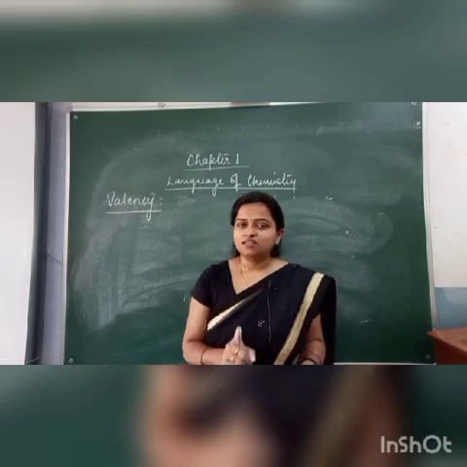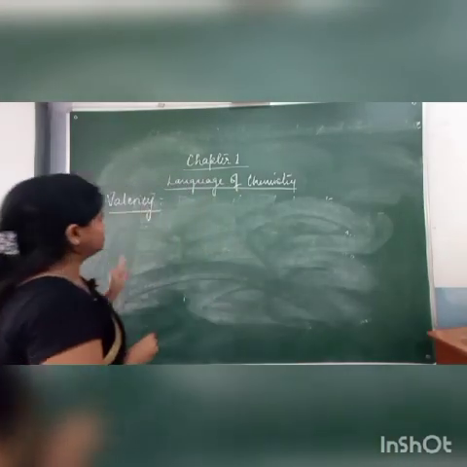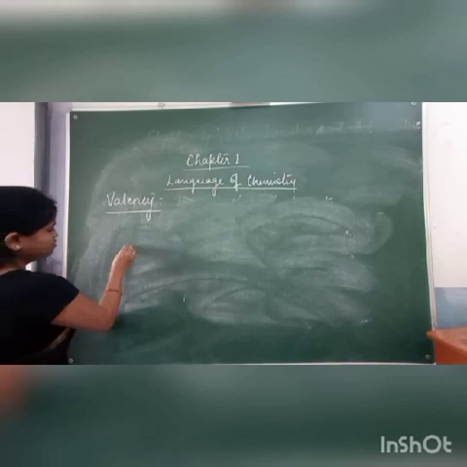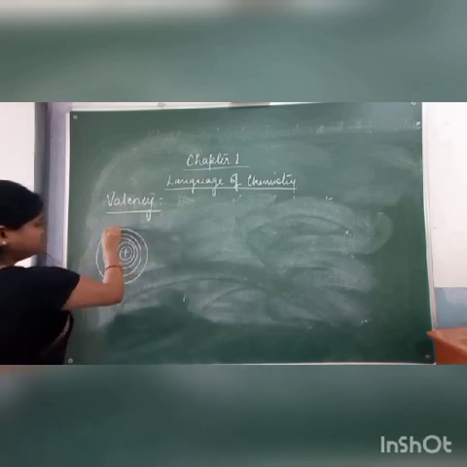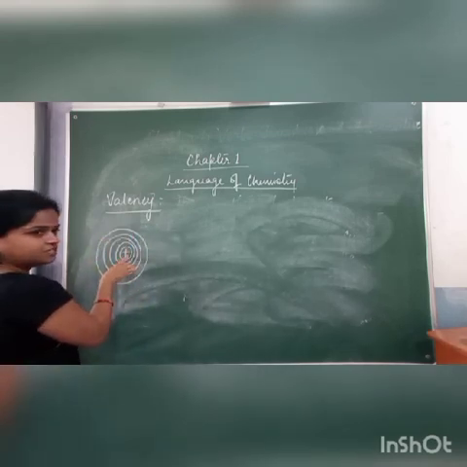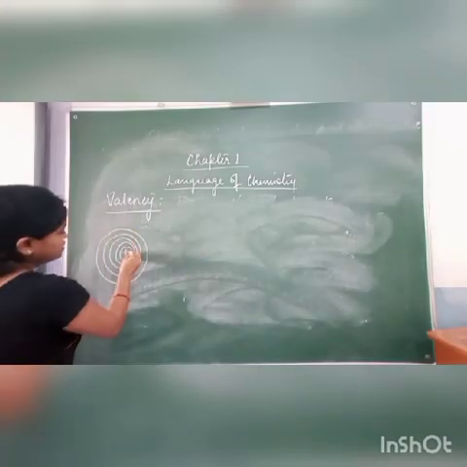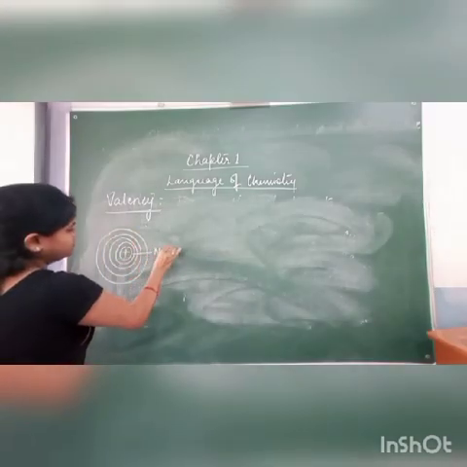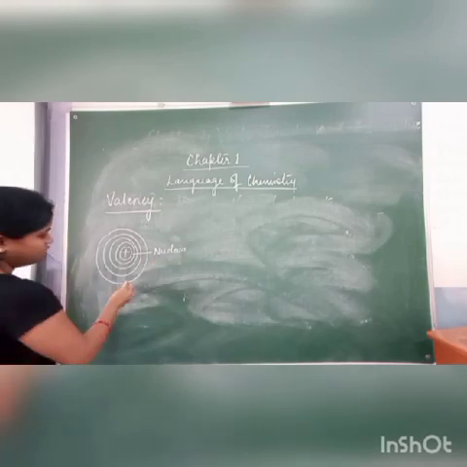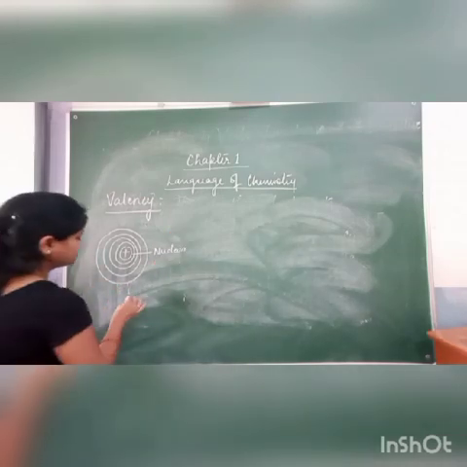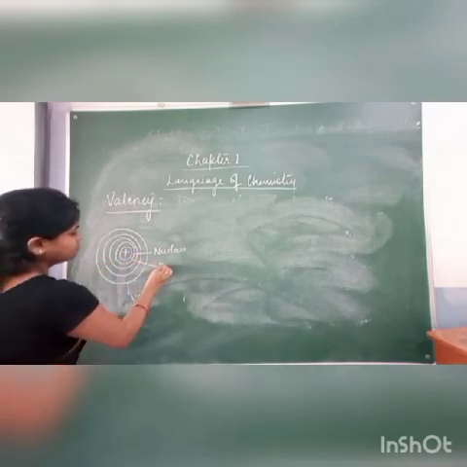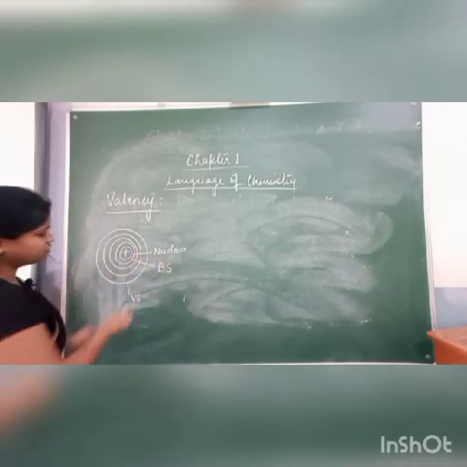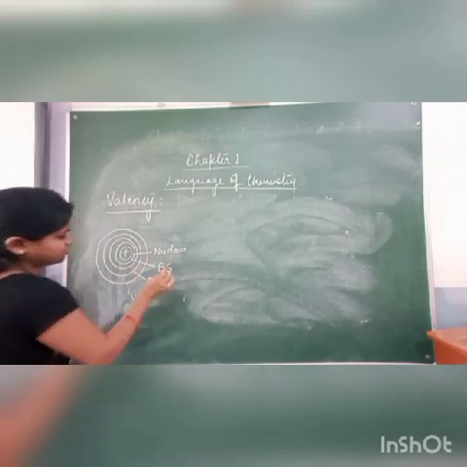Now it is clear? So, just before that let me tell you how it works or what are the conditions applied here. See, this is the nucleus which is positively charged having protons and neutrons. This is the nucleus, okay? Now, this is the last shell. The last shell is called the valence shell. And the shell next to the nucleus is called the bound shell. The shell just before the valence shell is called the penultimate shell.